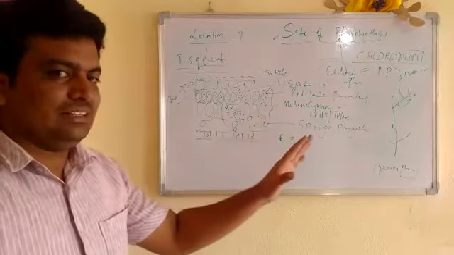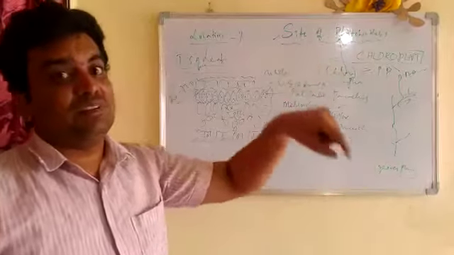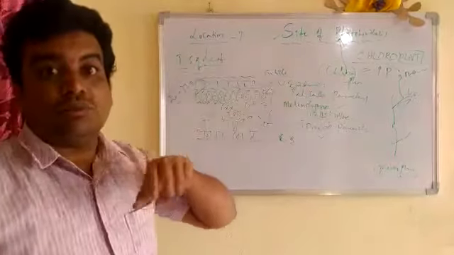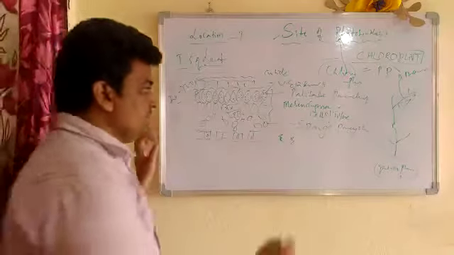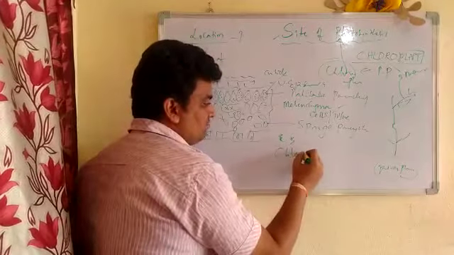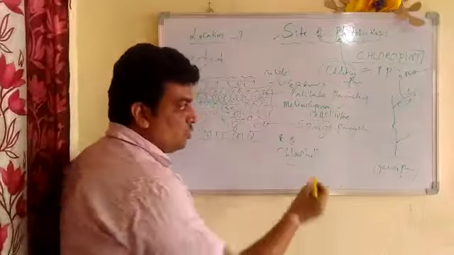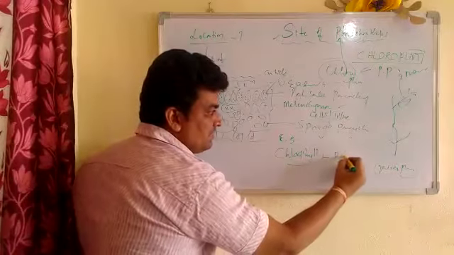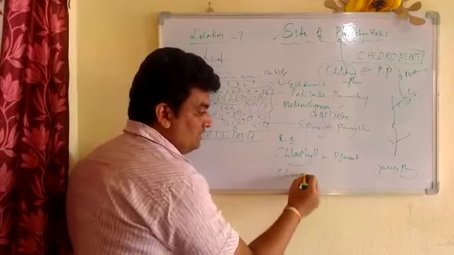So in the previous classes, you just learned that the leaf is the site of photosynthesis. But where in the leaf, you have to say the chloroplast. What is the chloroplast? A cell organelle. It is a kind of plastid. And in the chemical equation we have written chlorophyll, children. Chlorophyll. In the previous class we discussed that chlorophyll is a coloring substance, a pigment, whereas the chloroplast is an organelle.